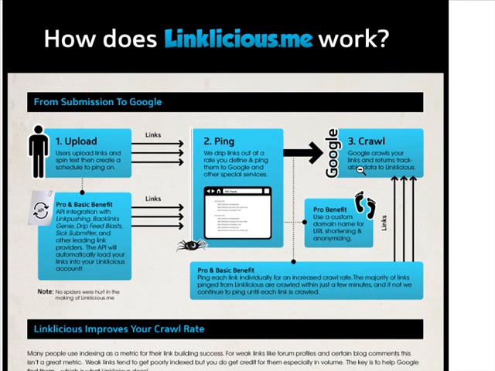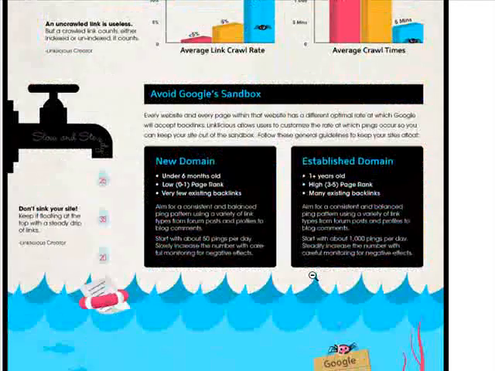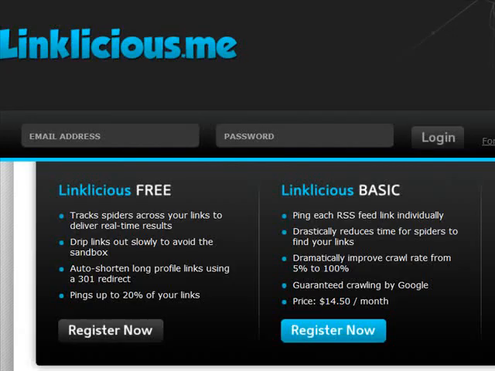But what they also do, you can see Google crawls your links and returns trackable data to Linklicious. So Linklicious can actually tell you which links have been indexed, where Backlinks Indexer won't actually tell you. And if we just scroll down here, you can kind of see some of their stats. If I jump back to their home page here,